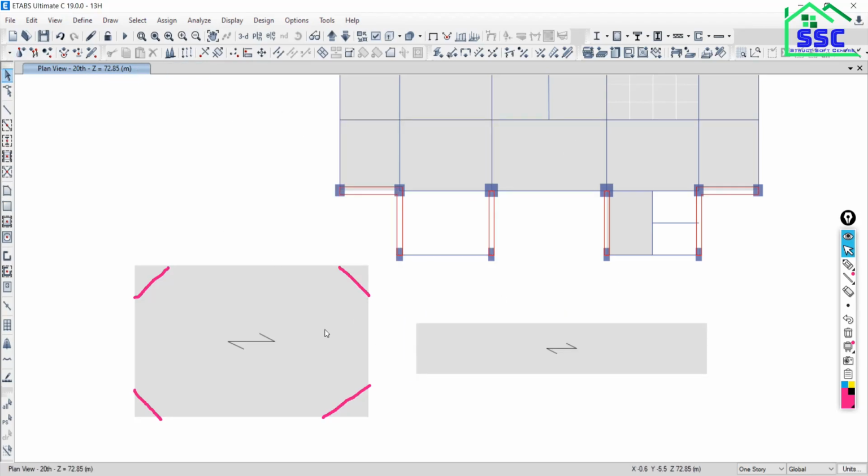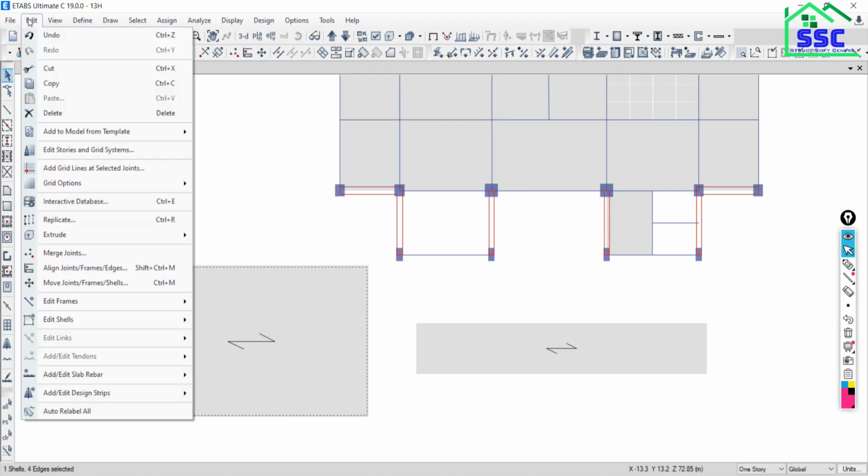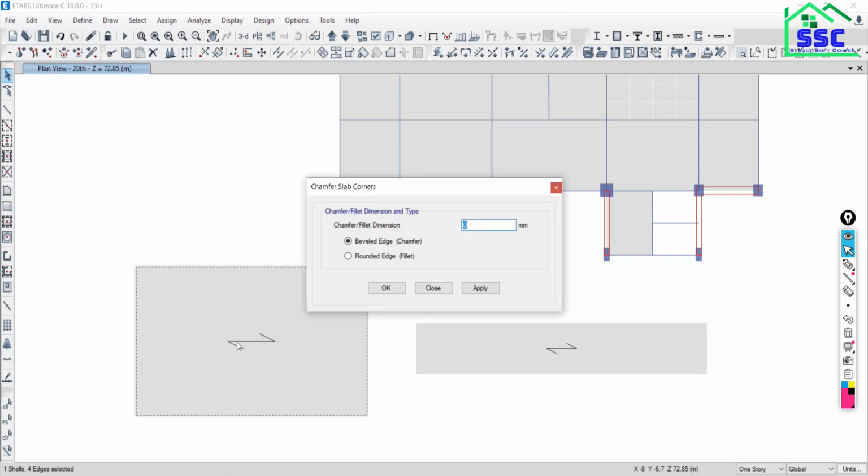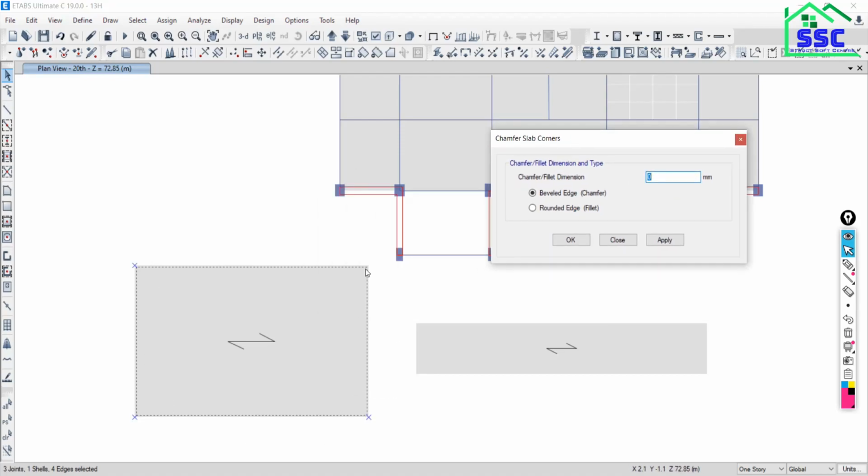And to do this, what you have to do, just clear this off. First select the slab, then go to edit shells. Here chamfer slab corners, just click over this and select the joint on which you want to do this step. Just put the value, let's say 50 mm, or 100 mm, or 1 meter, say 1000.